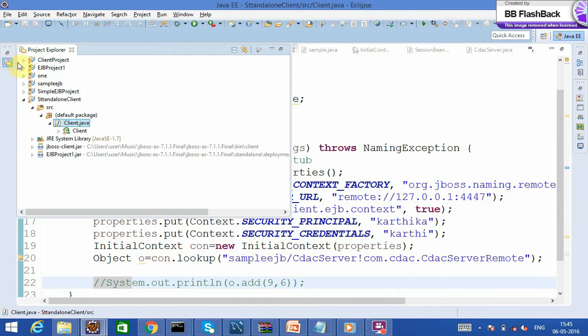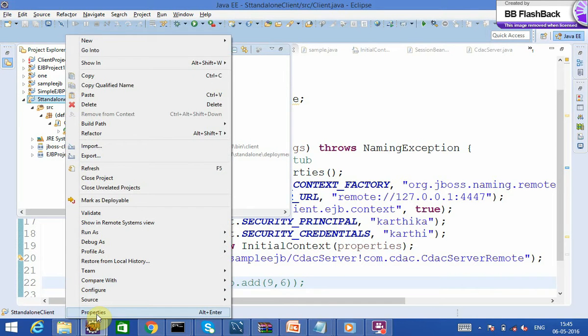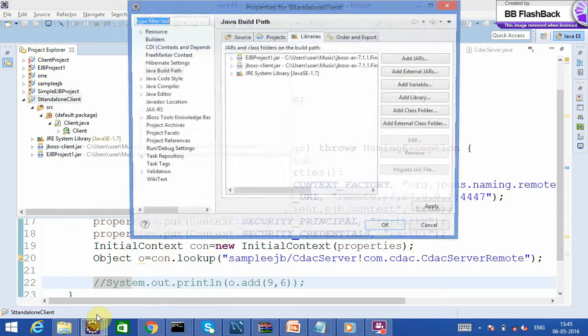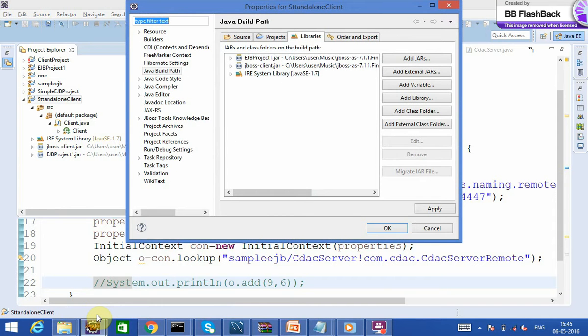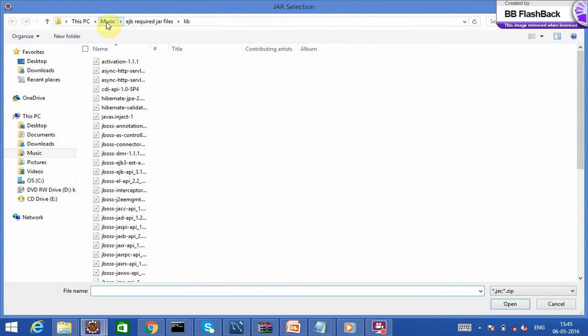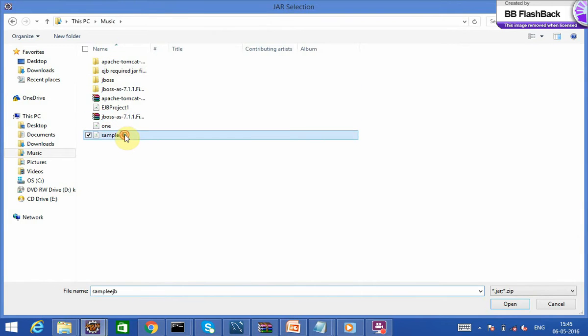So go to your client. Again we have to import. In client you have to import jboss-client.jar and the server project jar. So in client, import your jboss-client.jar, which is inside your JBoss bin client, and then your next jar is the sampleEJB.jar.